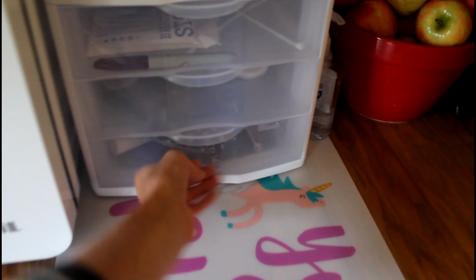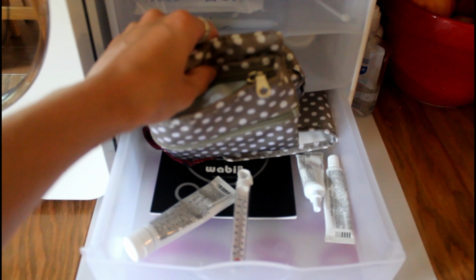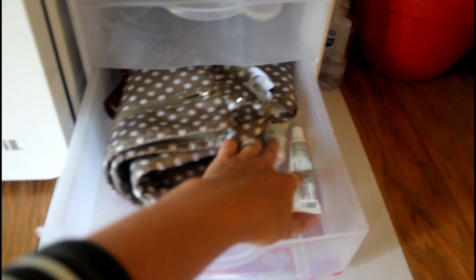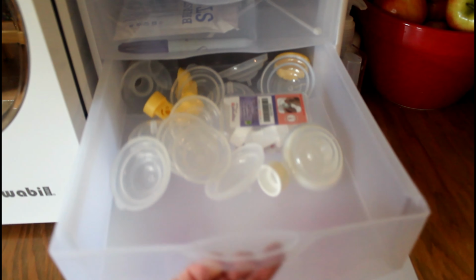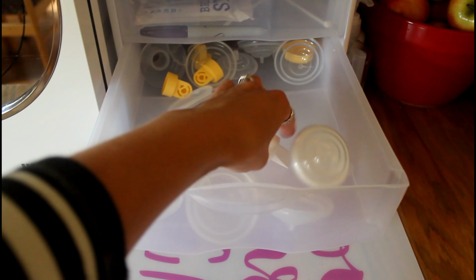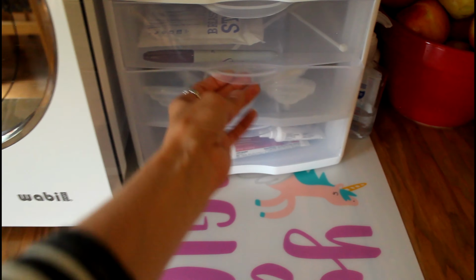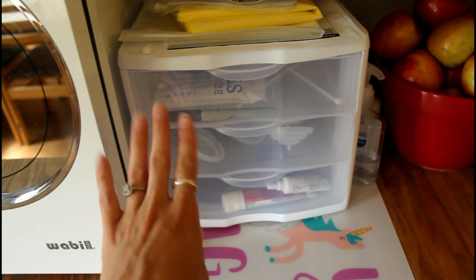So I just have down in here my Sarah Wells pumperoos, the Wubby stuff. There's like some nipple cream stuff in here, that NP whatever thing. This just has extra parts in it. I wasn't really focused, but this has some duck bills from Laviemom and backflow protectors. And then I'm not going to open that one because that one's all sterile, because that's where I keep